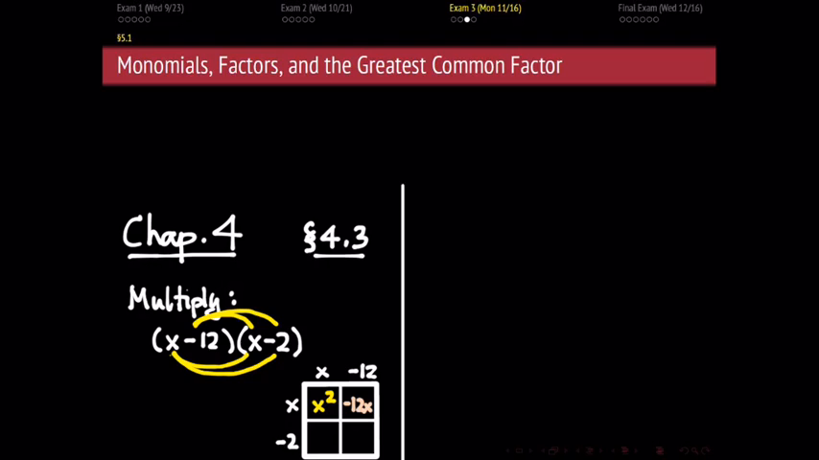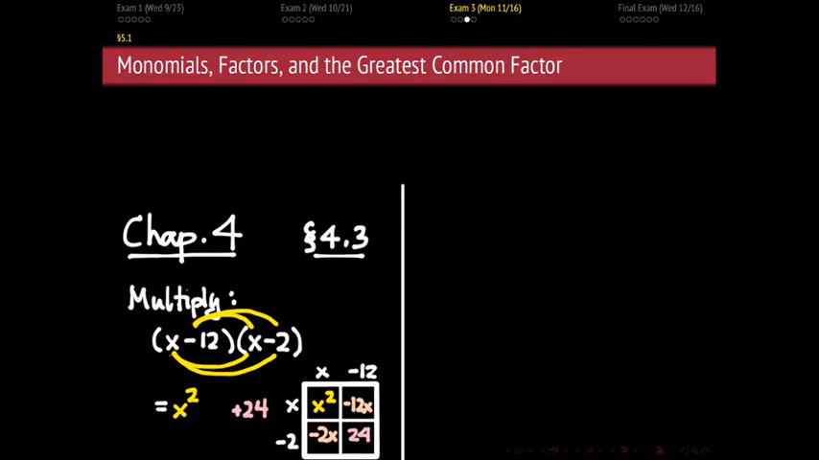There's not much to do with that. That's just negative 12x. Negative 2 times x likewise. And negative 2 times negative 12? Yeah, positive 24. So that when I multiply this all out, I will get a term that has just x squared in it, a term that just is plus 24,